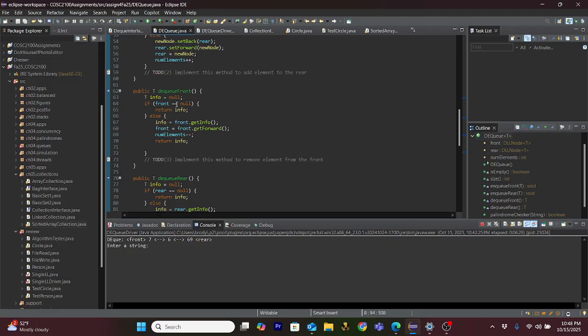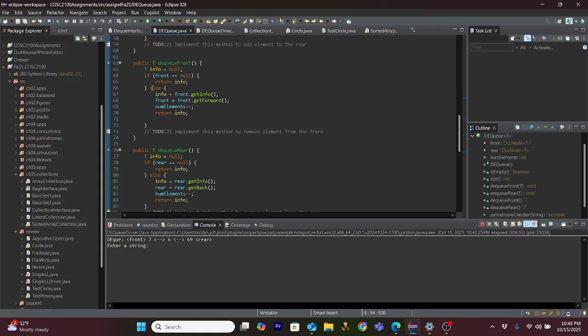And if front is null, or if the list is empty, we return null. Or we could throw an error, a queue underflow error, but I tried to do that, and for whatever reason it wasn't implemented, and I didn't know if we were supposed to implement it or not. So if it's not empty,